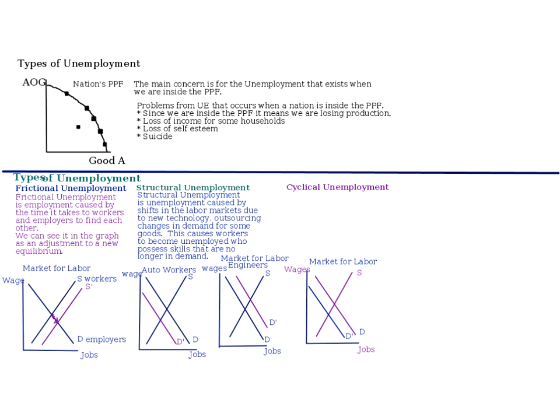And when we're inside our PPF, we have loss of production, loss of skills, and we have loss of income by individual households. And this is exactly the kind of unemployment that we want our government to target and to go after with stabilization policies. Sometimes this kind of unemployment can get sky high. For instance, when we had cyclical unemployment during the last Great Recession,